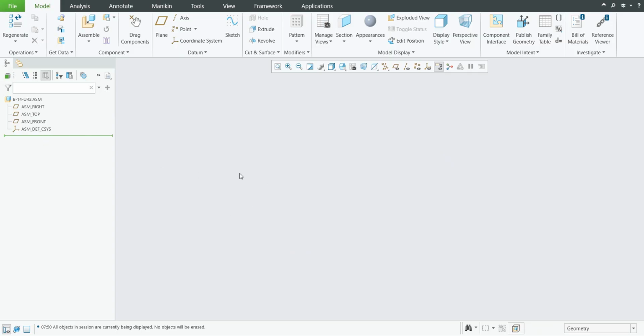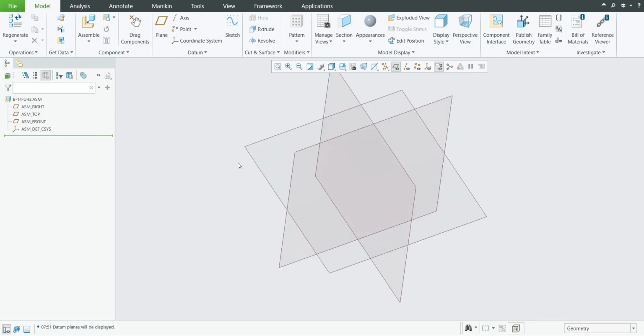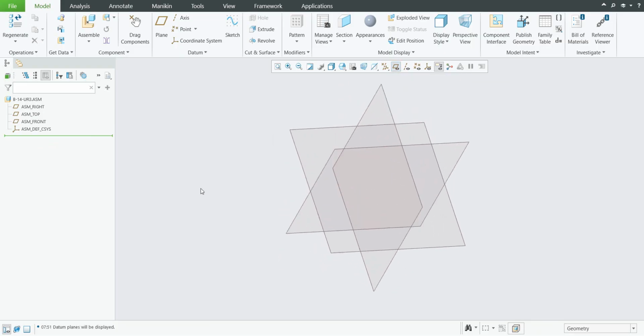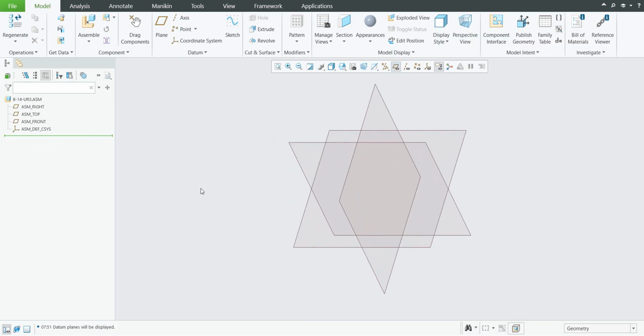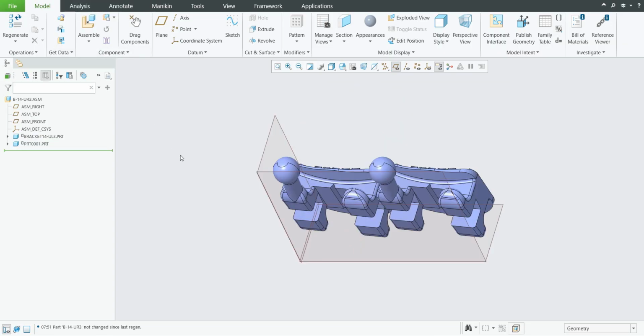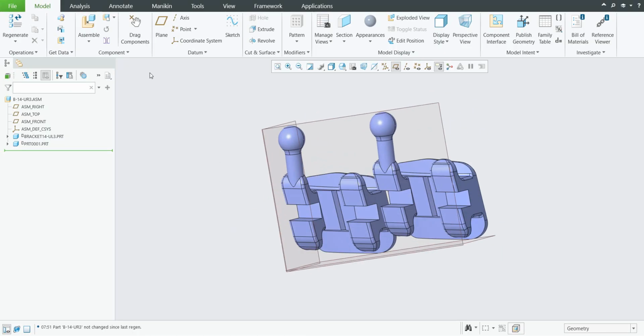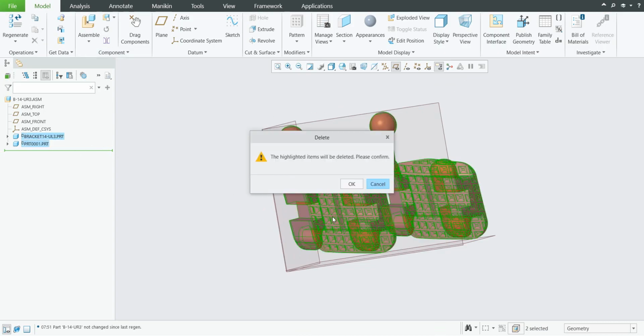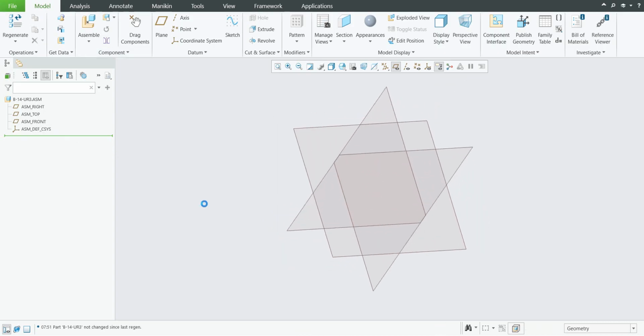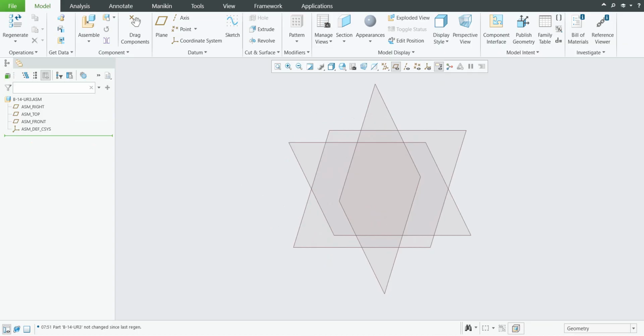So these two models I will delete. I will switch on the datum planes and use the function Control D as the default orientation. You see that the default orientation before was not good. It is opposite relative to the image, if you have a look here. So I will really delete these two objects, Control D as the default orientation,